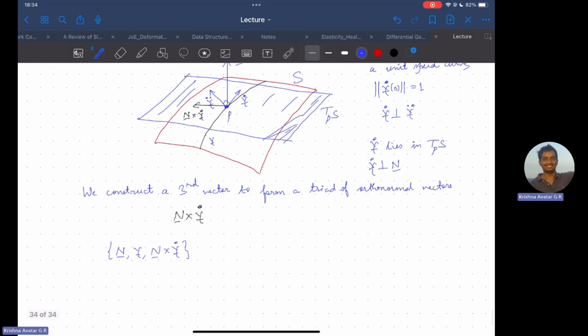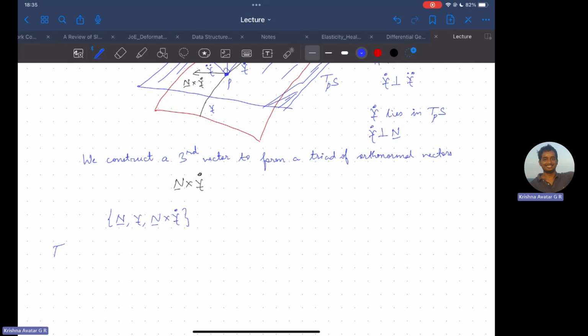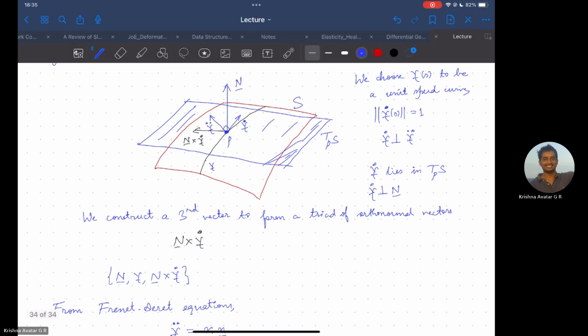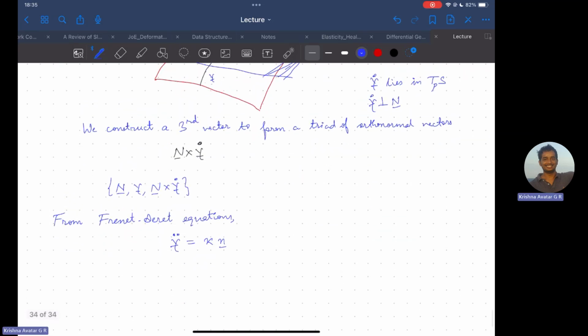Now we recall from the Frenet-Serret equations that gamma double dot is equal to kappa n vector, right? So this kappa is what we call the principal curvature